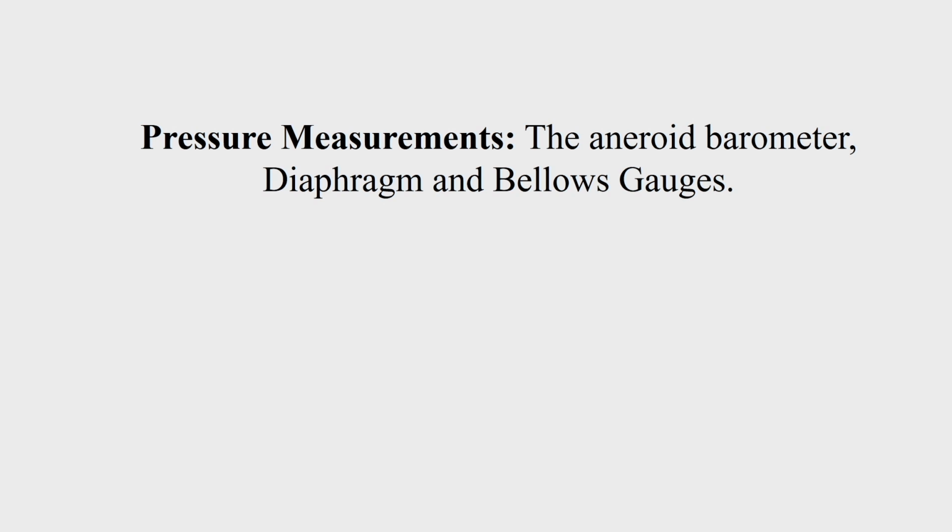So today we will discuss the aneroid barometer, and then we will briefly discuss the diaphragm and the bellow gauges. We have seen in my last lecture that the aneroid barometer is very important because this barometer allows us to couple a measurement of atmospheric pressure with a gauge pressure measurement for most of the applications. Today we will see how we can measure pressure using the aneroid barometer. To start with, this aneroid barometer is essentially a well-type manometer with a vertical sealed arm, and we will see its constructional features through a schematic depiction.